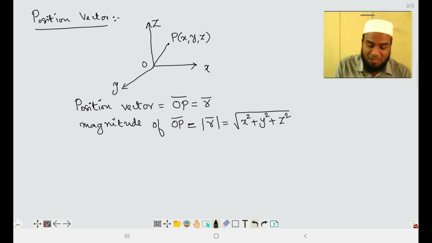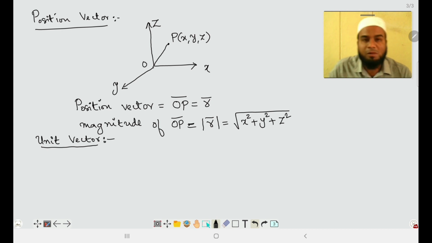Next we will see what is the meaning of unit vector. Now we are building the blocks on which we will see few problems. First we have seen what is the meaning of vector, how the vector is defined. Then we have seen position vector. Position vector is nothing but, if we consider the xyz coordinates and a point in that coordinate system, then the line connecting the origin to that point is called the position vector of the point P, and generally position vectors are denoted by small r bar. The magnitude of this position vector is given by square root of x square plus y square plus z square.